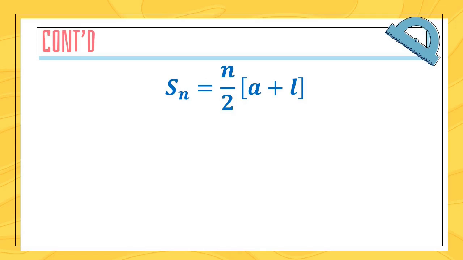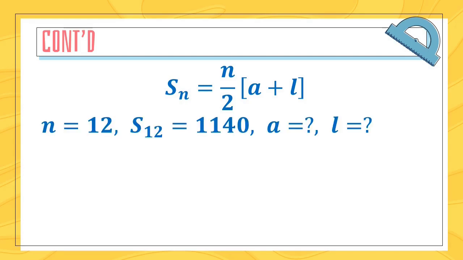of any arithmetic sequence, which is given by S subscript n equals n over 2, all multiplied by A plus L. We are applying this formula because we were able to deduce the sum or the total amount the trader will be paying within 12 months. And so from the question, the number of terms, which is n, is denoted by 12, which is the 12